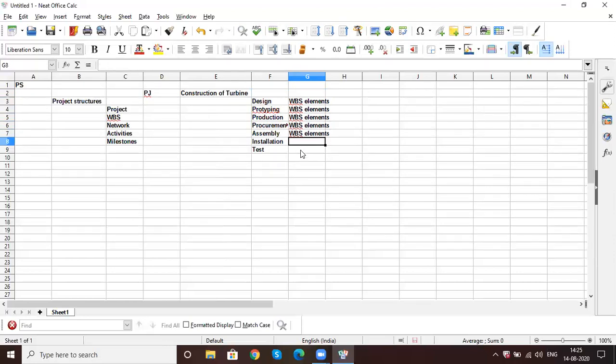In each step, we can see the cost incurred on each and every step. For example, in the design phase, you will find out how much cost is incurred, and what is the revenue coming. If we want to do any modification during the design phase, for example, if I want to add some extra designing activities, then it is possible to add. Again, these are all WBS elements.